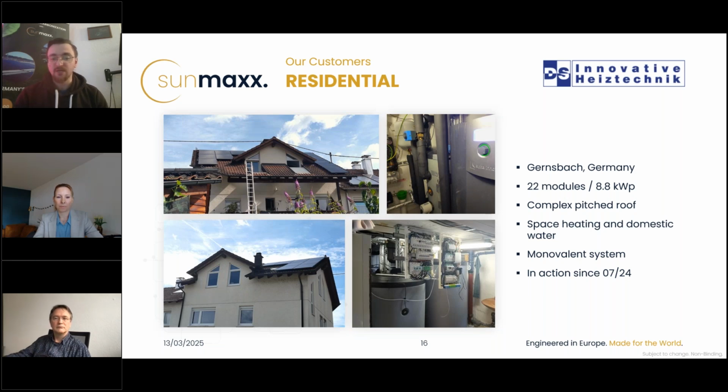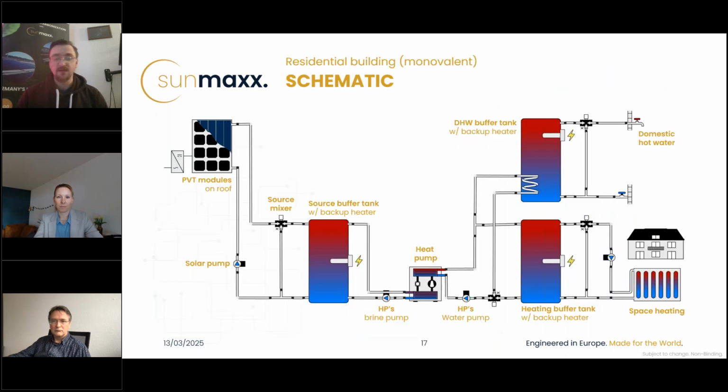In the cellar, we have the brine heat pump and the buffer tank. We have 22 modules here. That is enough to provide enough heat source for the space heating and the domestic water in summer and winter. And to bring you along with Polysun, that would be the system, how it looks inside of the software.